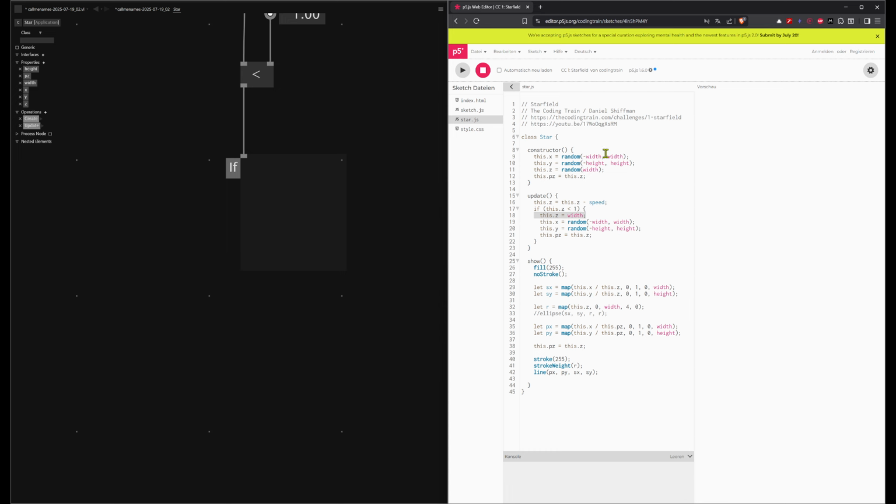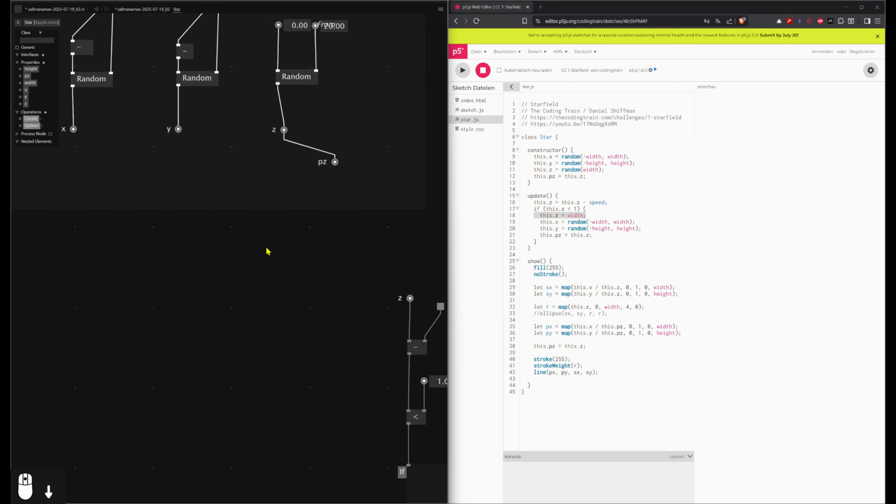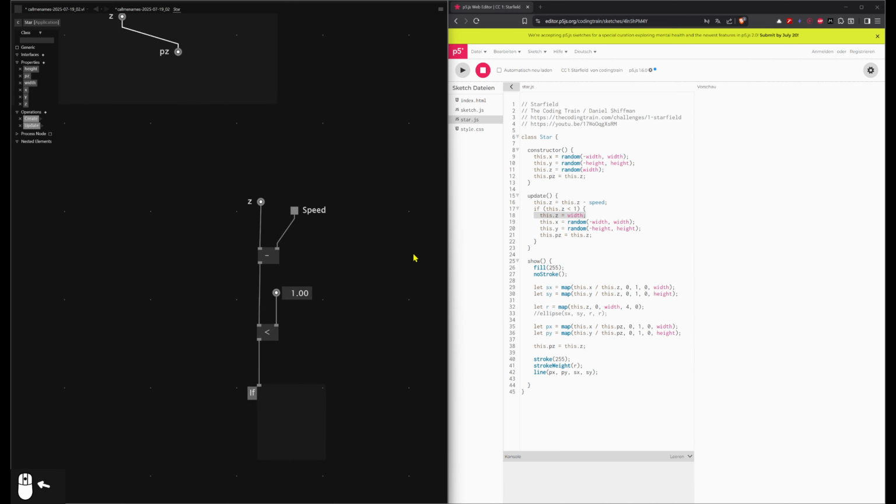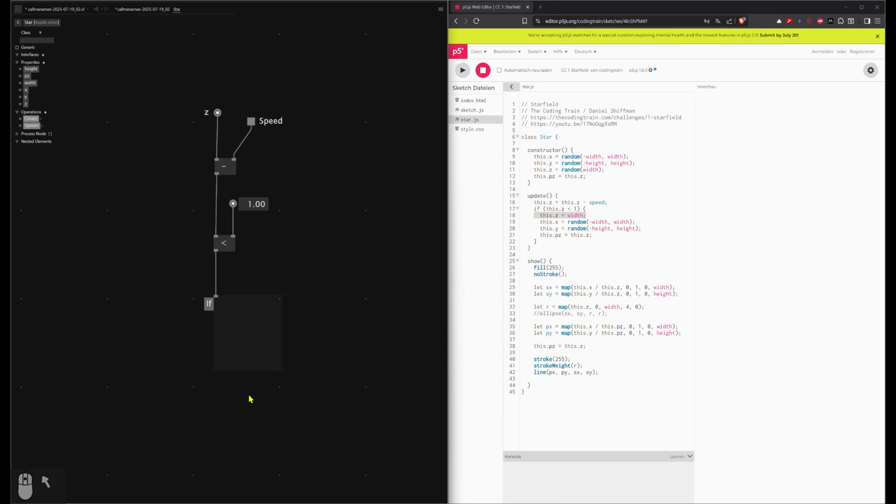So what we want to do is take the values that we defined here, and if this is smaller, we want to assign new values. Otherwise, it keeps the old values. So what we're going to do is we reference the properties x, y, x. We start with x. We plug it into the enter region, because otherwise the changes inside the if don't get applied at the end. And then we can,